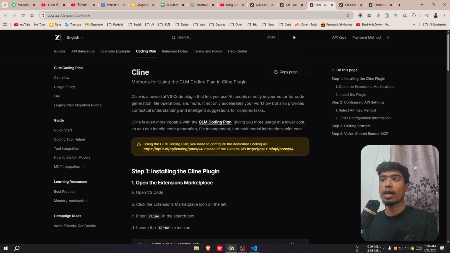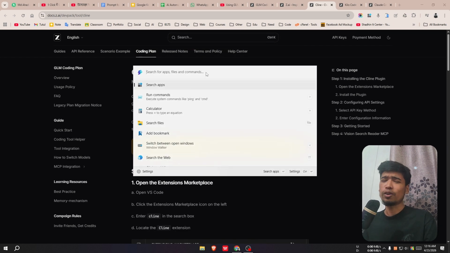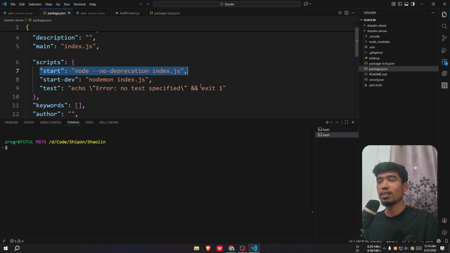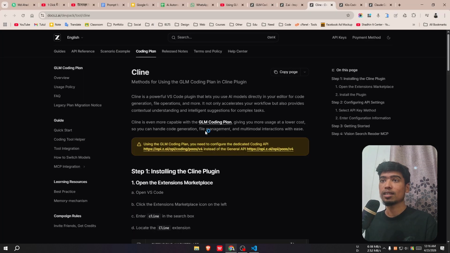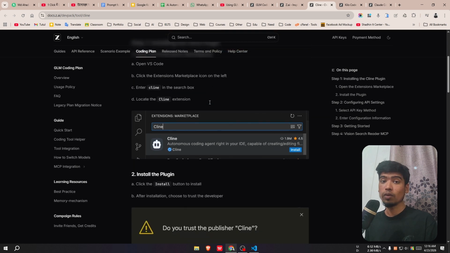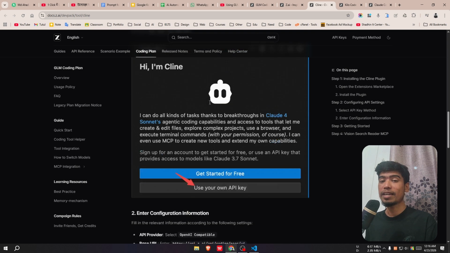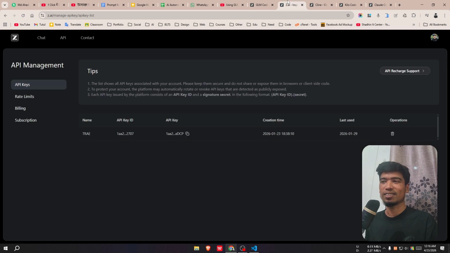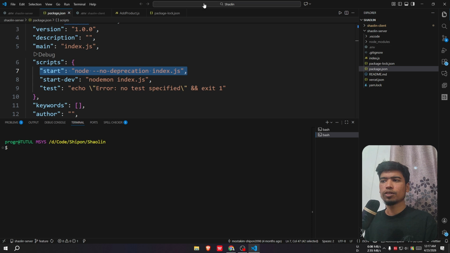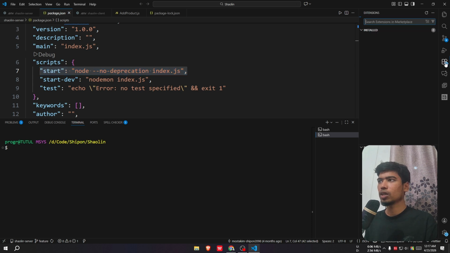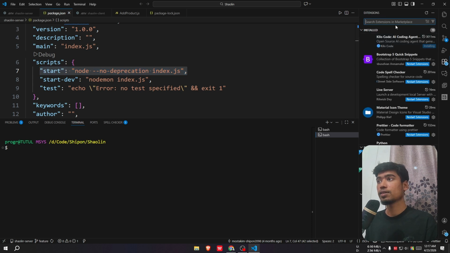First of all, we have to download Visual Studio Code. I hope you already downloaded and installed that. Then you have to come to the documentation page of AI and search for the Cline. By the way, of course, you need a paid API key to connect it, which I already bought last December. Let me open the Visual Studio Code first and go to the extension panel and search for Cline